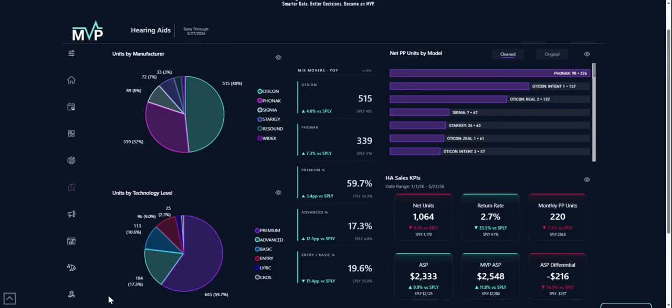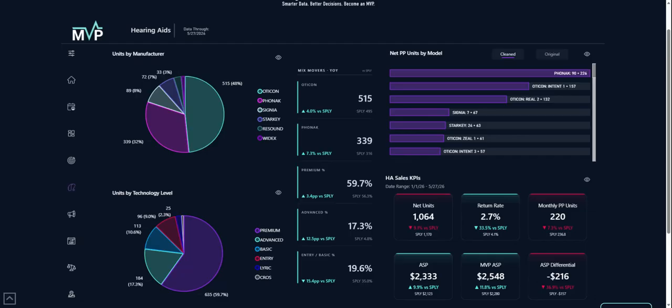Let's start with the left half of the page. The chart on the top left breaks down your hearing aid unit sales by manufacturer. This allows you to quickly understand your product mix. Below that, you'll find a similar breakdown by technology level showing the proportion of units sold at premium, advanced, basic, entry, and other tech tiers. This provides a quick snapshot of your current technology mix and helps identify whether your sales are trending towards higher